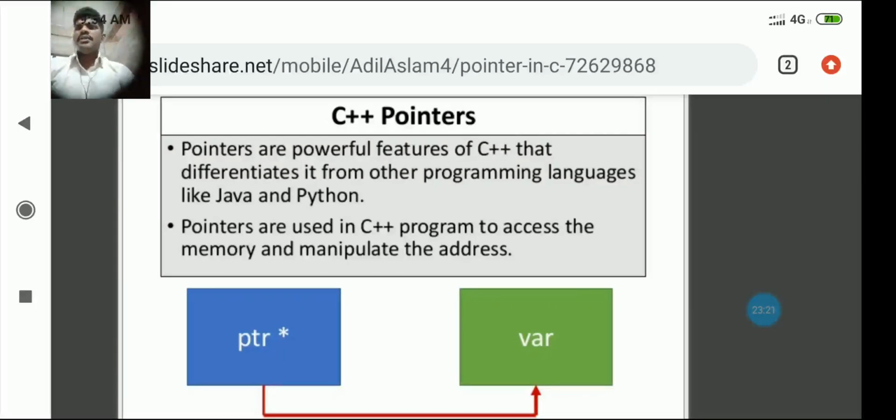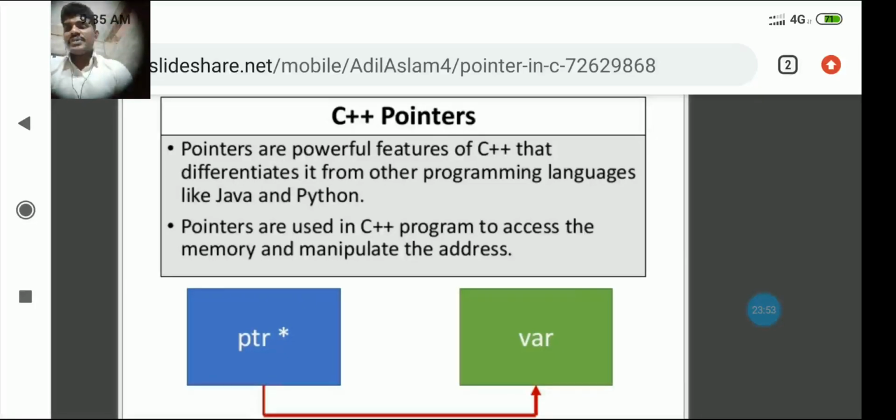What does it mean? Simple. First know the address of the particular variable, and now if you want to do any operations, any modification, any changes, we can do it, we can manipulate it. So using pointers we can do this type of function. That is the actual meaning. Now look down here, ptr star or var. ptr is the pointer and var is the variable.